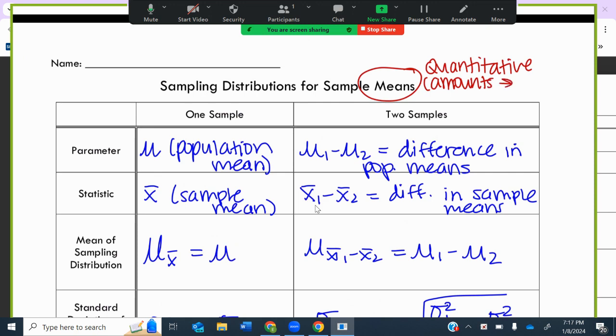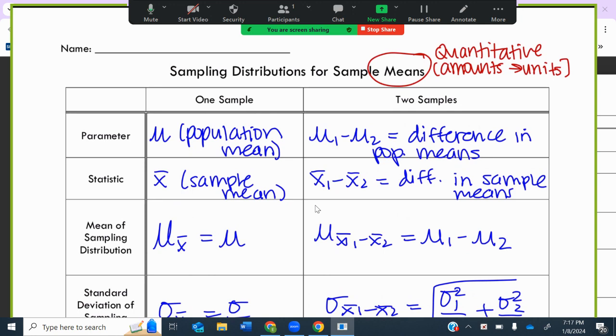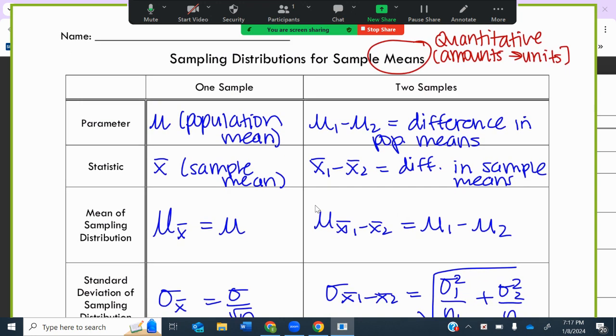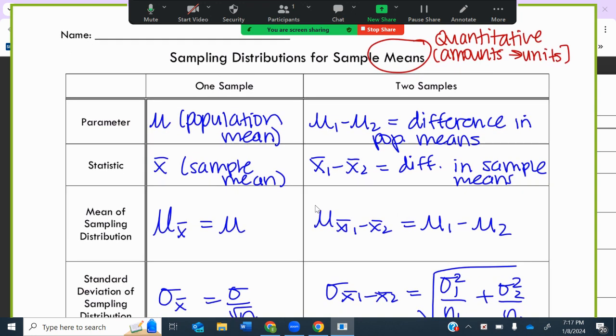And same kind of rules, we just use new symbols now. We have mu for population mean, mu1 minus mu2 for difference in population means. The statistics is what comes from the sample, so that's x bar. So just a little reminder, population, sample,